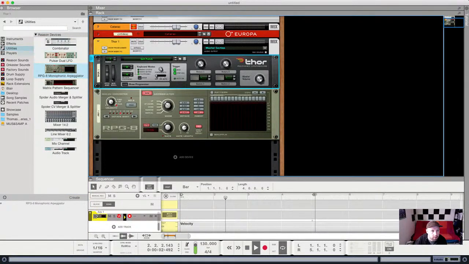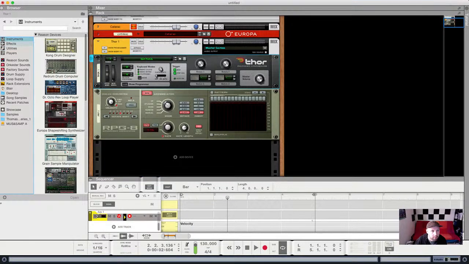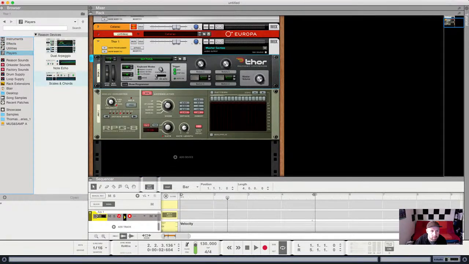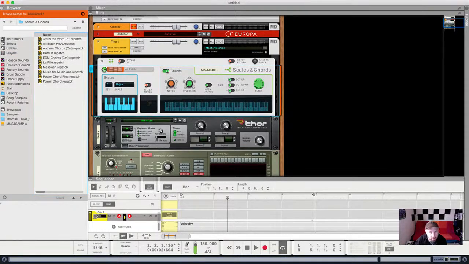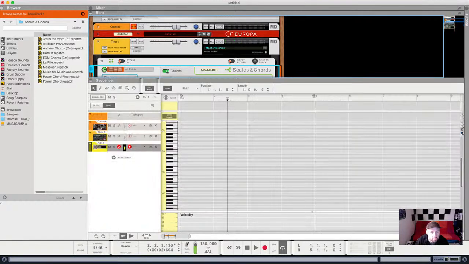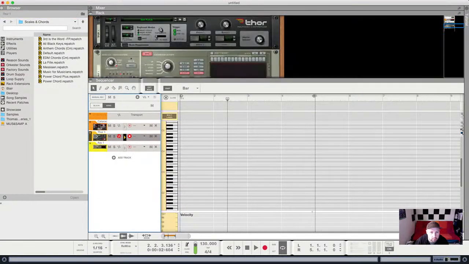So there is a really cool thing in Reason as well, which is incredibly helpful, which is the scales and chords player. I can drop one of those onto Thor. Now basically I'm going to set that to E, maybe like E Dorian or something like that. That might sound pretty nice. Let's see what that sounds like. So if I select Thor,